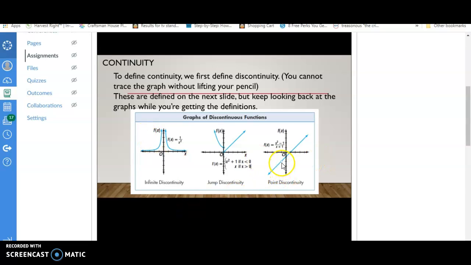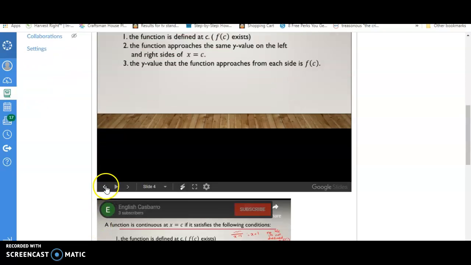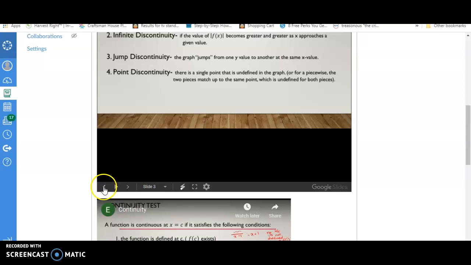Point discontinuity, it's only discontinuous right here at -1, because that means that the f of c does not exist. That's what we're getting to when we get to our rules here. The function is defined at c. Well, that point discontinuity that we had on the last graph,